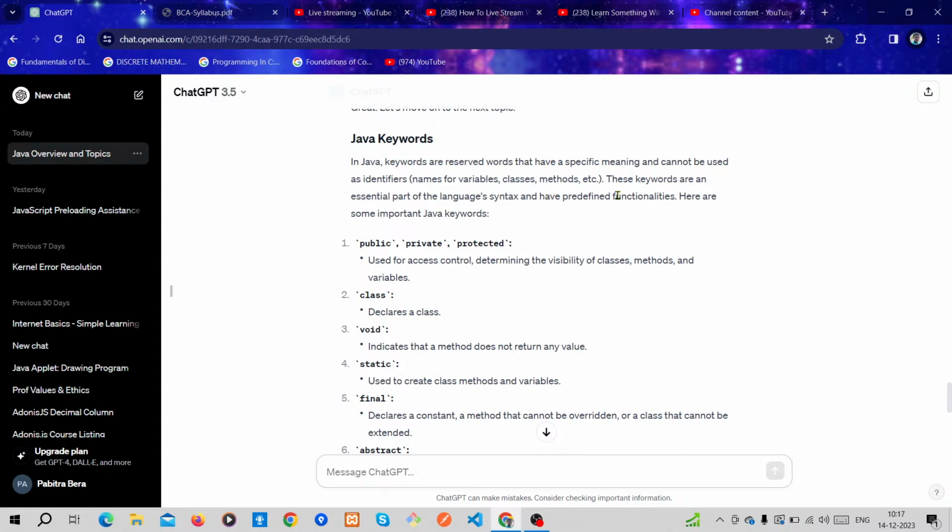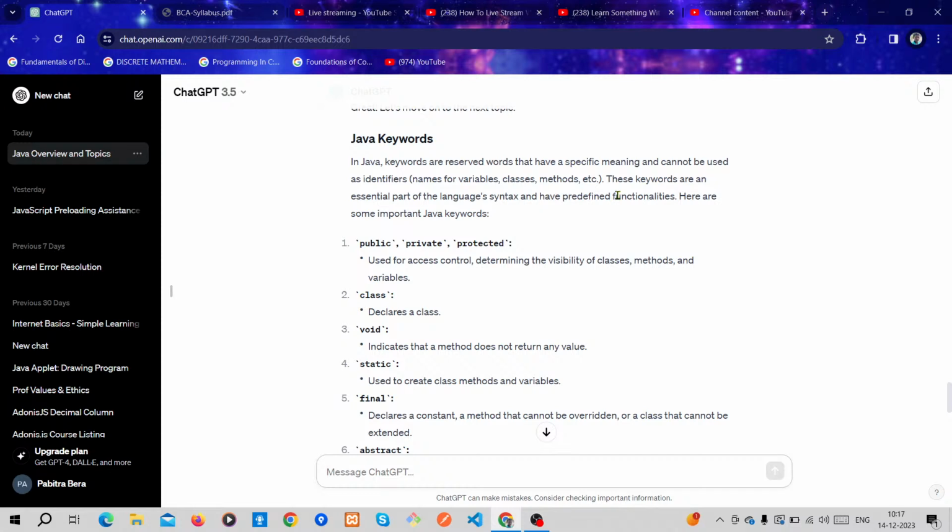If you write that keyword, the Java compiler understands the meaning already defined in Java. So if you try to define that keyword again, it will give you an error. So you can't use those keyword names.